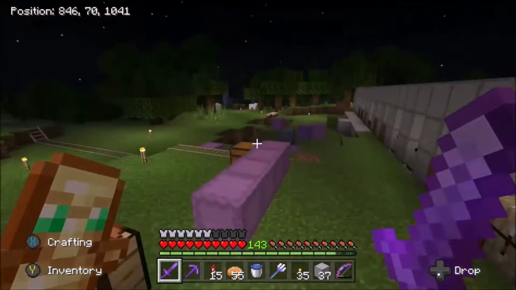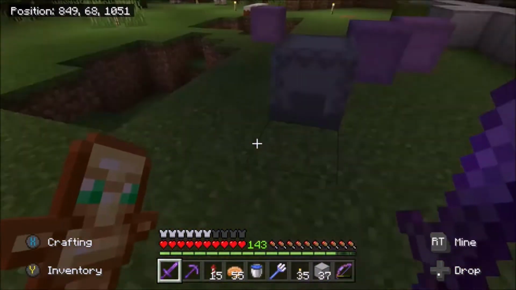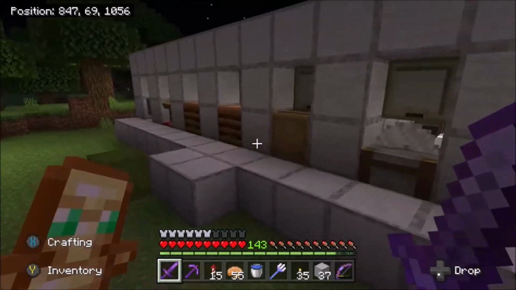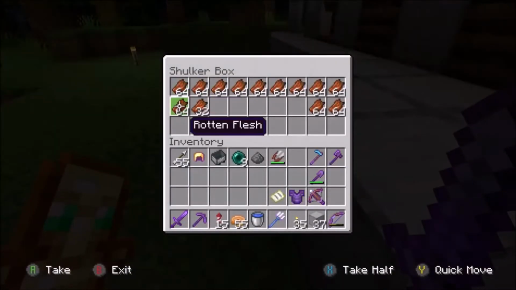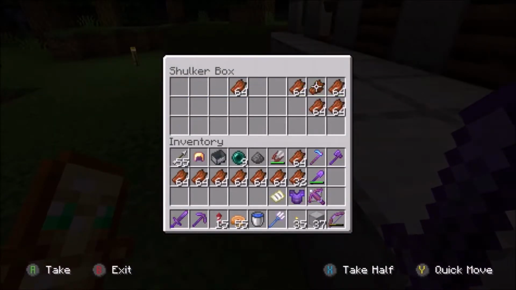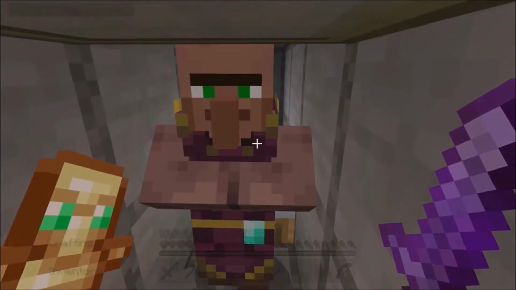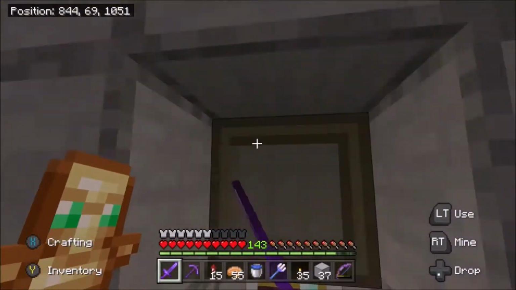This is how I've been getting rid of all of my random fish and rotten flesh, basically. I've just been filling up shulker boxes of it and trading it to these guys. And the clerics usually do raise their prices, but it's fine. I've got way too much of this stuff. Looks like they did not